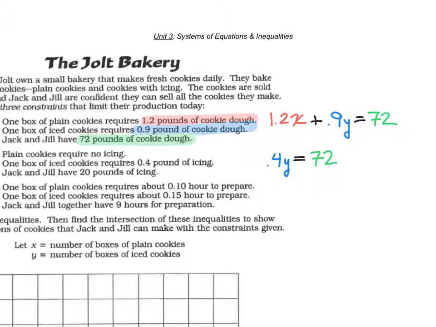One box of plain cookies requires about 0.10 hours to prepare. Now we're switching over to a time constraint, but it's still a relationship. It's 0.1x. Why wouldn't it be 0.4 equals 20? Oh, it should be. And also, wouldn't this be kind of